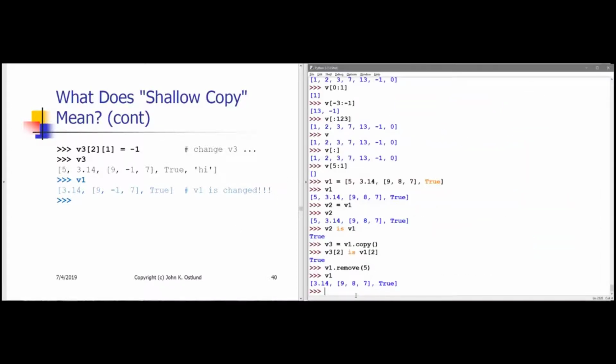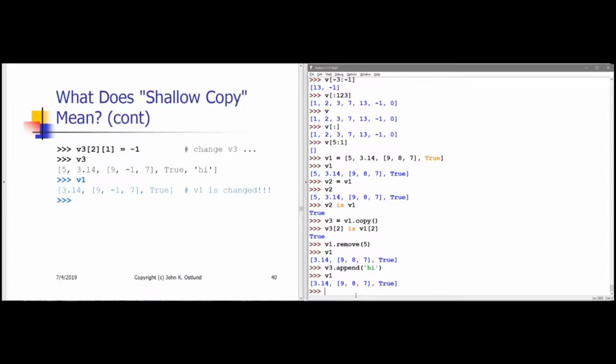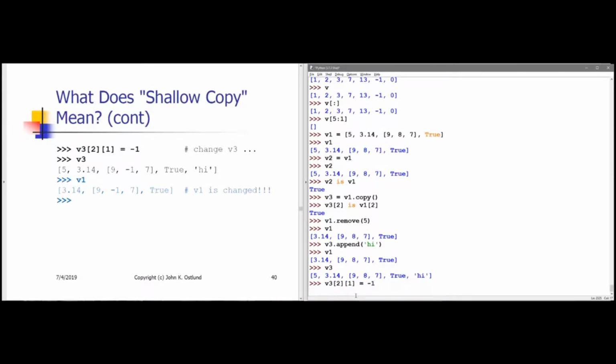So if I make that change, well, let me first add high to the end of V3. All right, so V1 no longer has the 5. V3 still has the 5 and also has high. But if I say V3 sub 2 sub 1 gets minus 1,